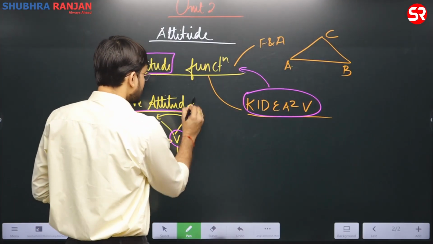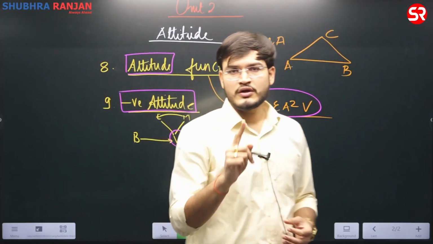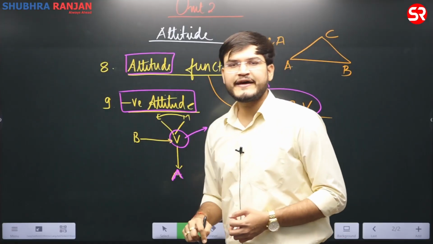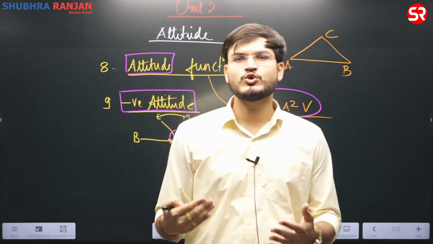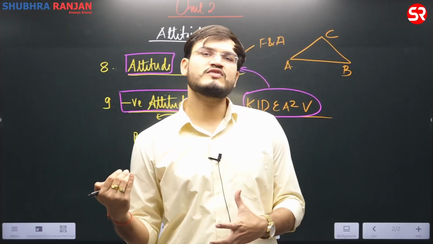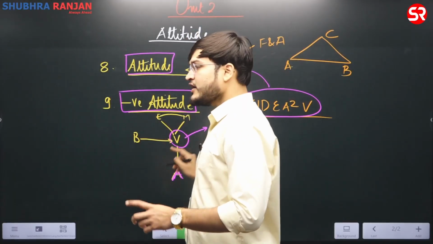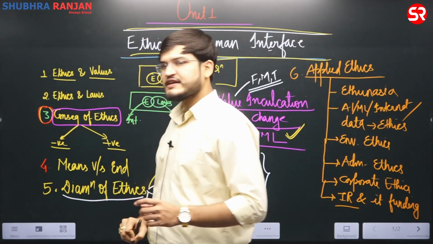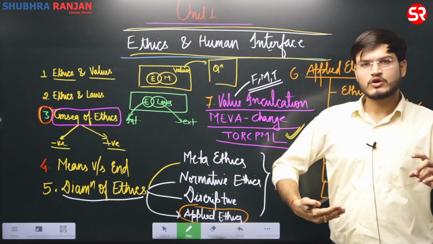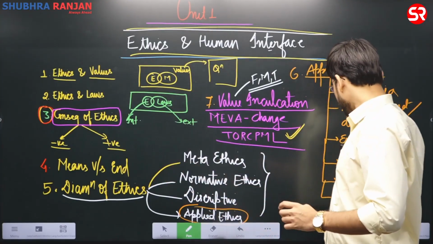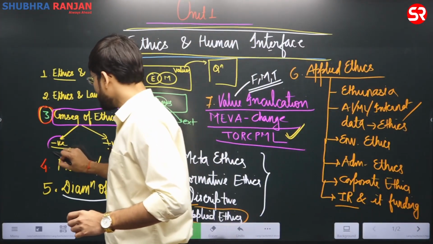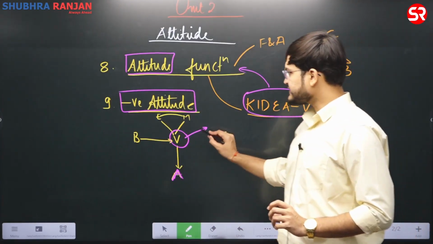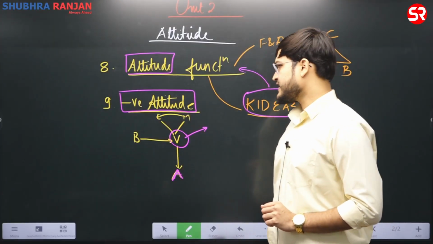Now if you have this portion of negative attitude, you will see that questions can be asked from the aspects of negative attitude, for example social attitude, political attitude. Those questions can be asked by UPSC, and remember, we have already seen in the consequences of ethics that values when objectified give your attitude, and thereby all those negative consequences you will talk about in whatever context UPSC is asking. That is where this aspect, negative attitude, can be asked.